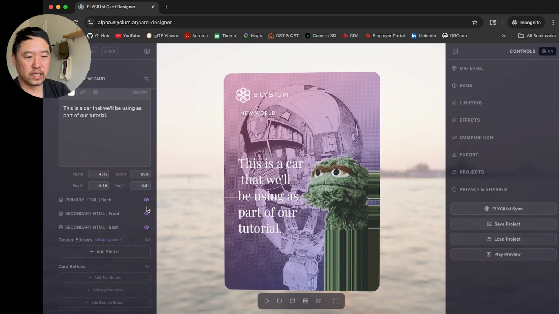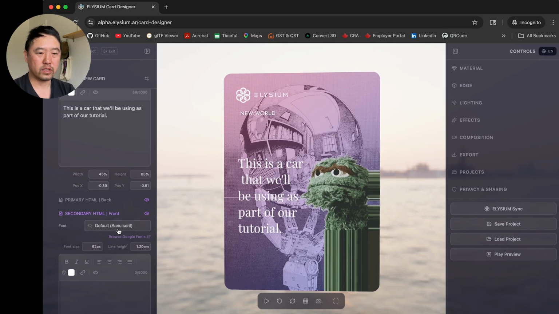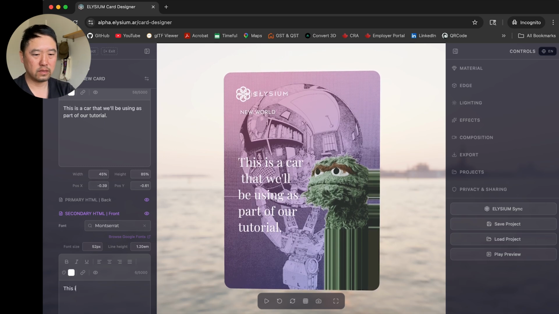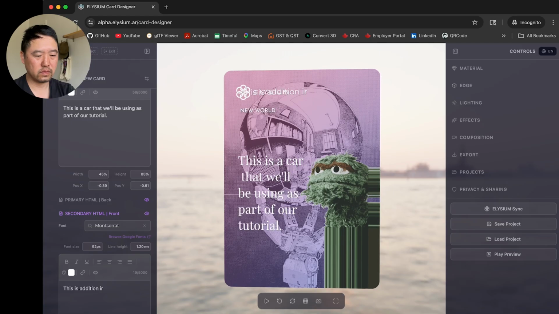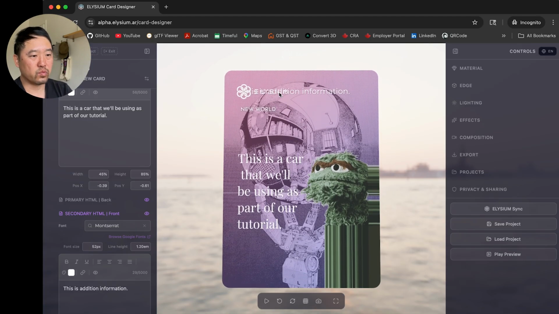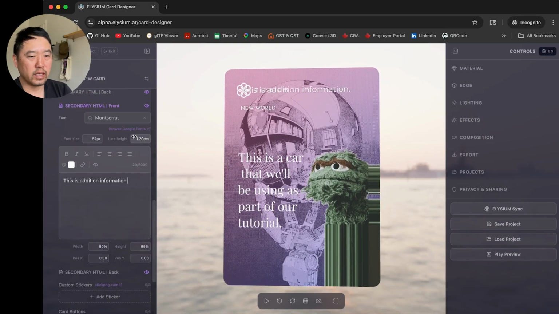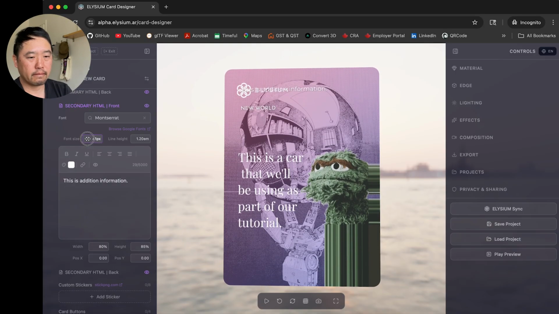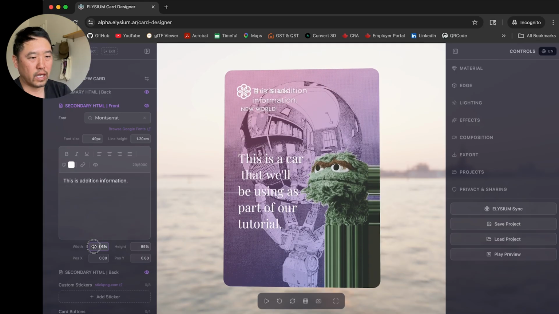We'll add a secondary text, right? So we're going to tap on here, and we'll just use a different font this time. We'll use Montserrat, and say this is additional, right? So you see that's rendered by default at the top of the page, but that's okay because what we're going to do is make it a little bit smaller, right? And then we're going to make the width again smaller, so it wraps.